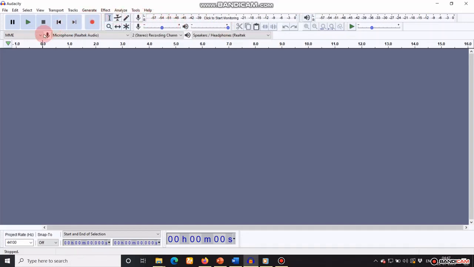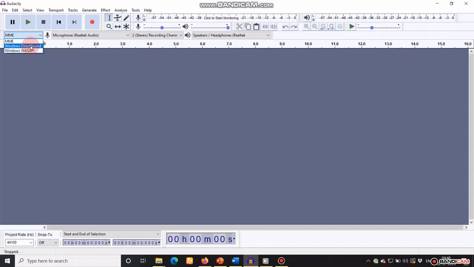Underneath the slider in this configuration, you will find some drop-down menus. First, MME, that is Multimedia Extensions, which is the default and offers compatibility with most computers.